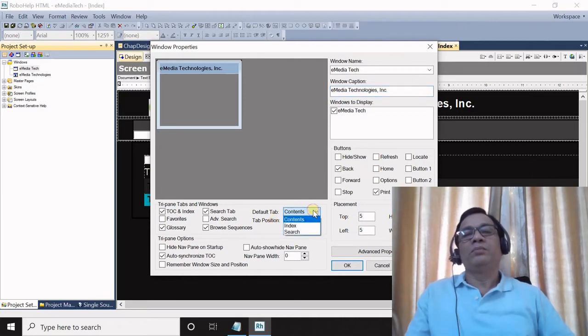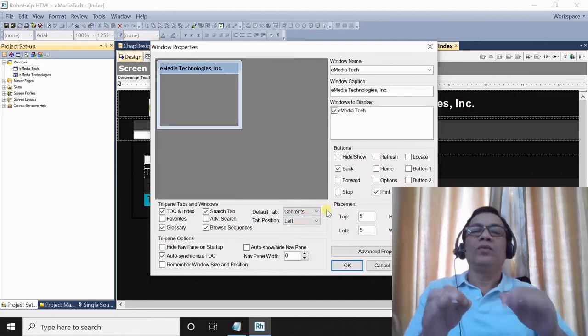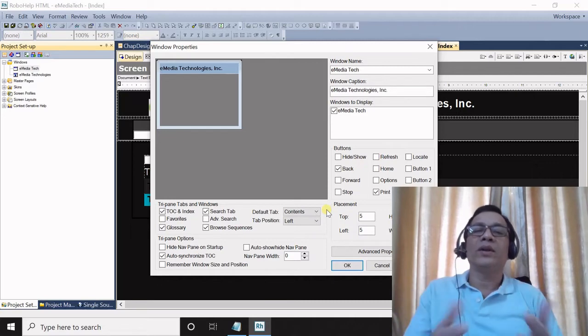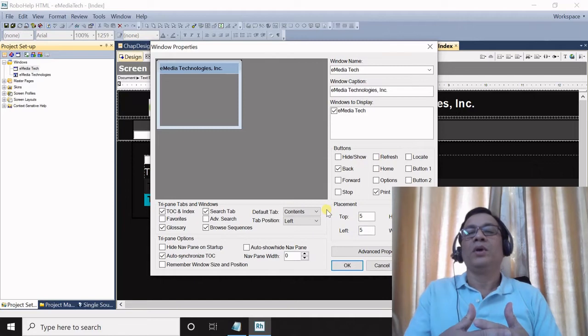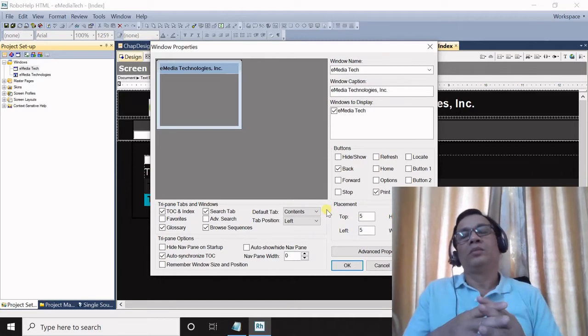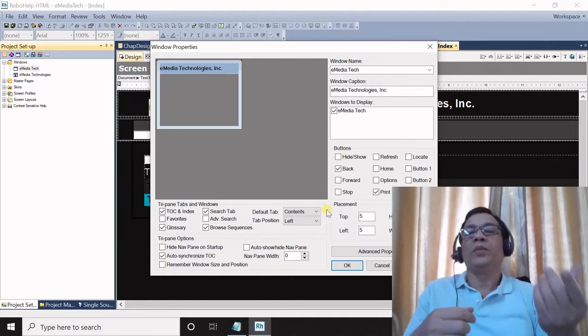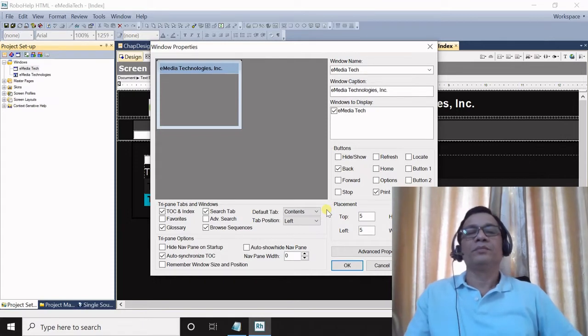Under default tab, you have three options: contents, index, and search. So you can make one of the options the default tab. This means that if you have selected contents, when you create your help and open it, the contents will appear first.